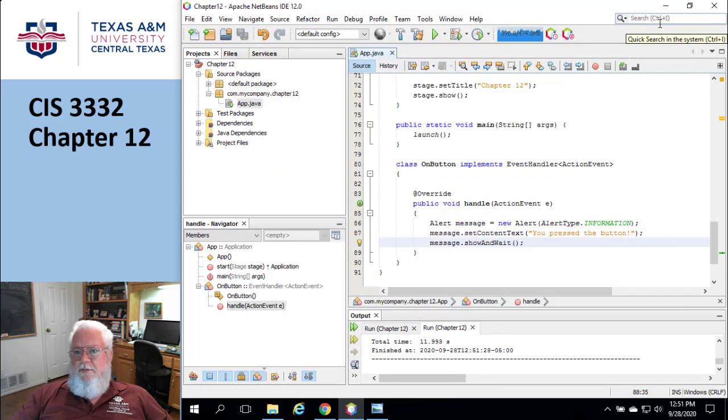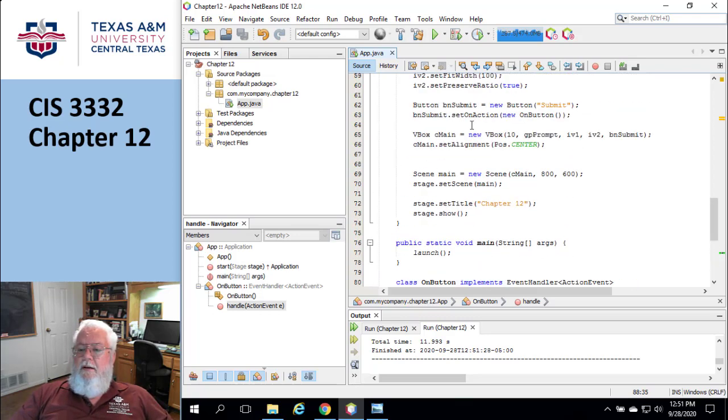All right, so in summary, there's two things you have to do. You have to write an event handler, a class that handles the event, that implements the event handler interface, which requires me to have a handle method. Cool. And then I have to go tell it, by the way, I want you to listen for the on action event. And when you see it, I want you to do whatever it says to do in the event handler. That kind of sort of makes sense? Okay, cool. So let's talk about how you would do input validation in this world,